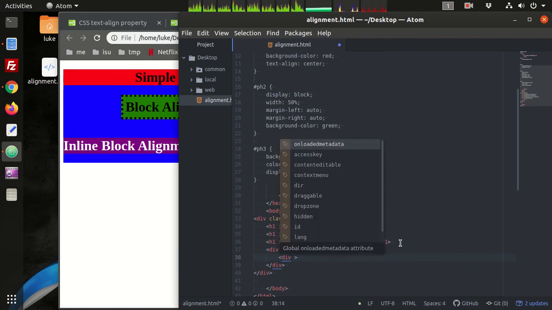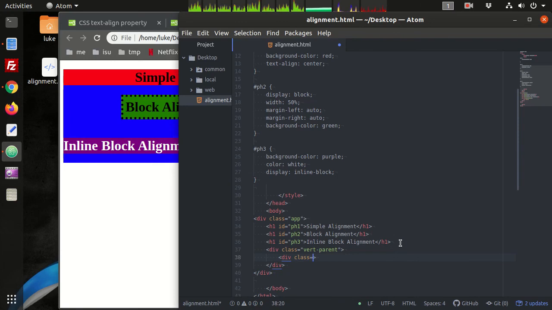So this is going to be vert child 1, and then vert child 2. Then we'll just put some text in the middle.